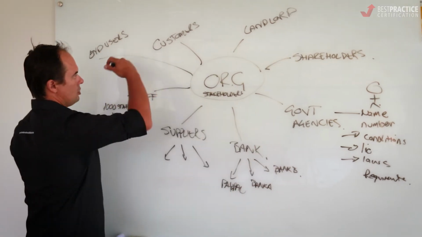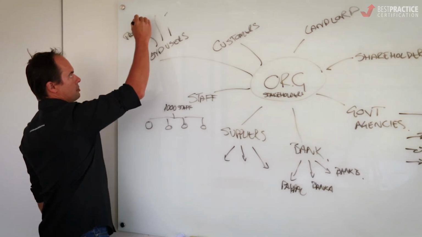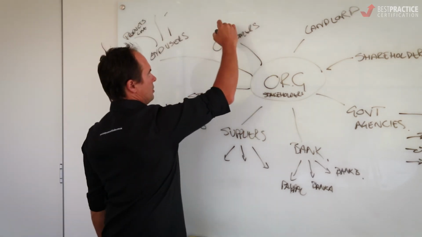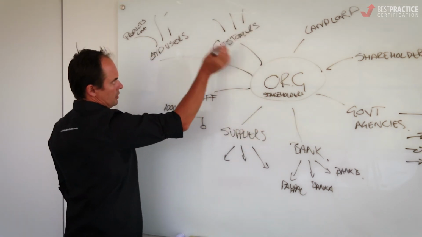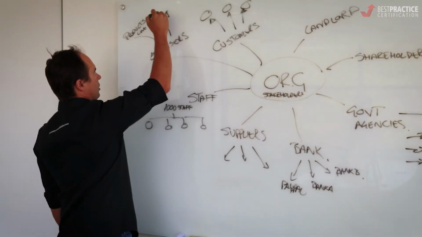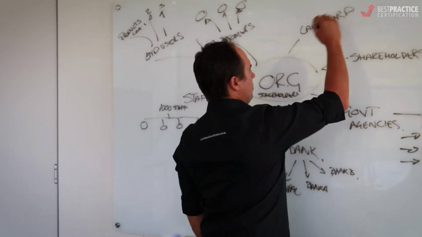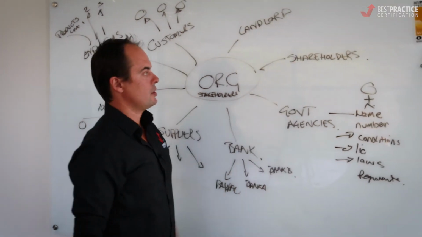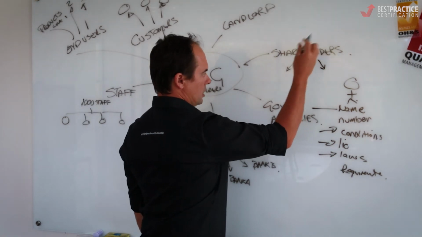You could talk about your end users, banks. You've got different sorts of end users for your different products, and you could divide these by product line. Customers, different sorts of customers. Remembering you've got customers and end users, and they can be different depending on your organisation up here. So your product line 1, product line 2, product line 3. Different properties, landlords. So important. And then obviously shareholders, and they could be different types of shareholders. There could be executive shareholders, non-executive shareholders.